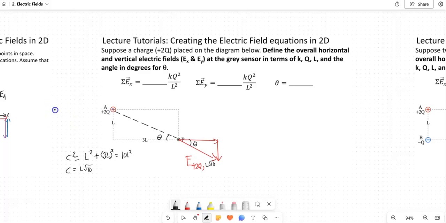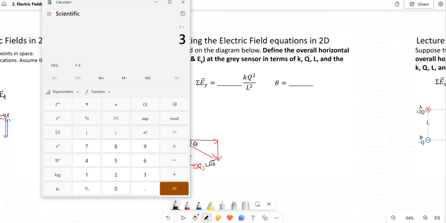So to get what that theta is, we're going to have tangent of theta. That's going to be equal to opposite over adjacent, L over 3L, which is 1/3, because those L's cancel out. So tangent of theta is going to be equal to 1/3. So the inverse tangent of 1/3 is going to be equal to, and I don't know what that is,